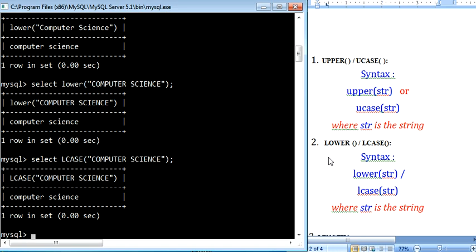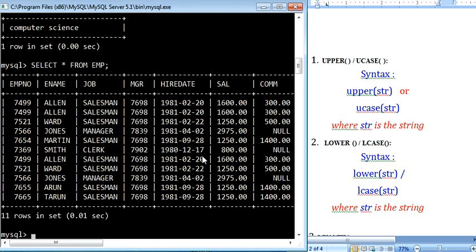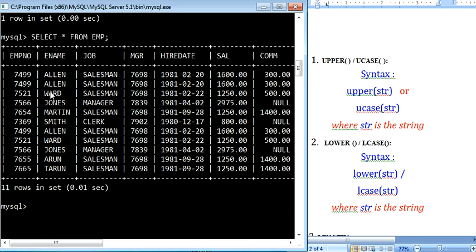Now let's see a small example on our table. Already we have one table called EMP. We'll use that. Select star from EMP for seeing the content of the table. So this is the actual table and it has the content. Let's take one of the columns, like ename. Ename is already in capital letters now. Now I want to display it in small letters. So which function do I have to use? Lower. Very good. In order to convert all the names to lowercase, the same select clause we have to use. How you write the query on your table, the same query we will be writing.